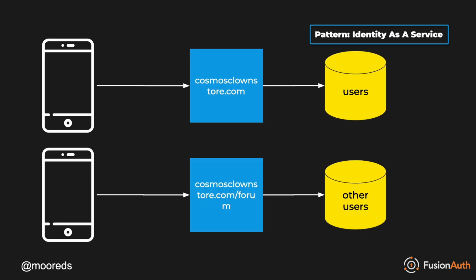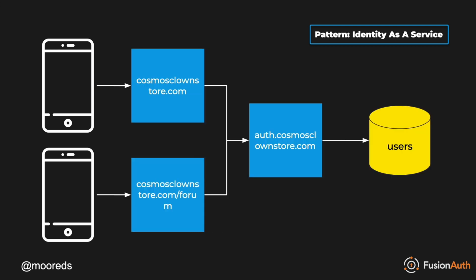The way this works from an architectural perspective, here is our set of applications before we introduce the identity service. We have two applications. They each have their own user data stores. So that means if I have a user who registers for Cosmos Cloud Store for the e-commerce application, they will have their own credentials and their own profile data in the user data store. And then if that same user goes and registers for our forum to discuss red noses, rainbow wigs, and long floppy shoes, their user profile data will be stored in the other user data store. If they want to change something about their preferences or their email address or whatnot, they have to do that in two locations. If we introduce an identity as a service server, then